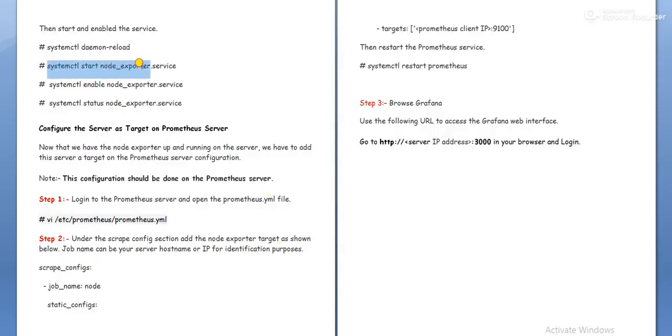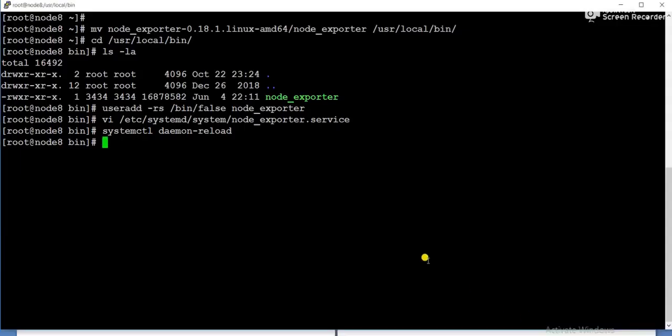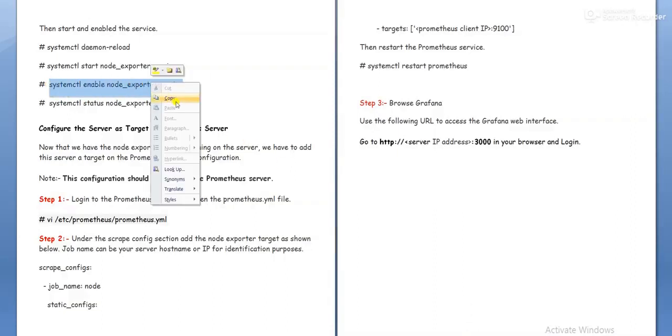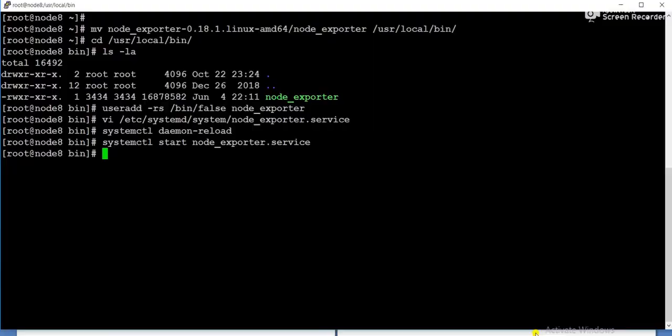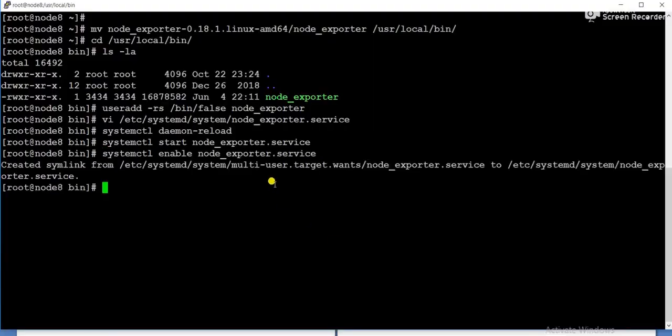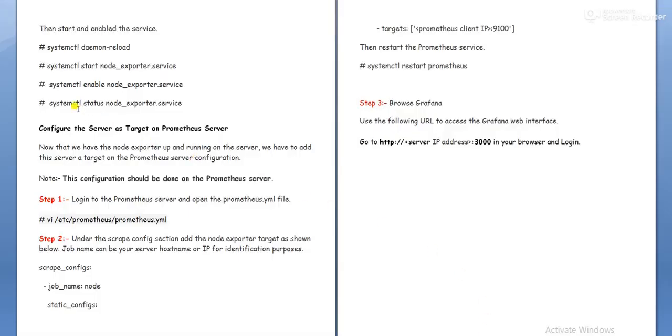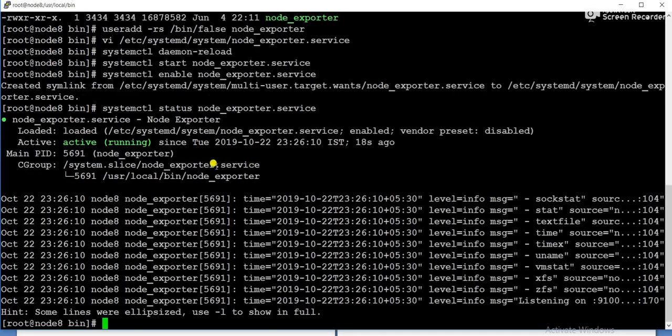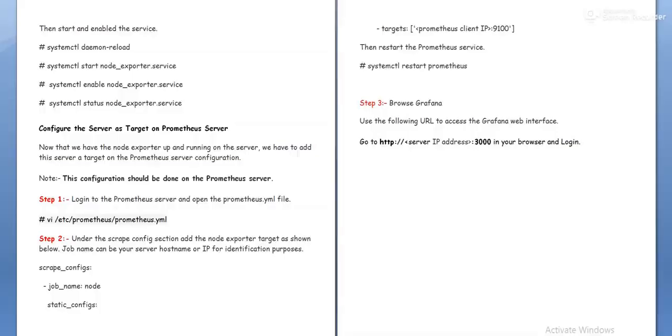Now we need to start the Node Exporter service. Started, and also we need to enable the Node Exporter service so that it will start automatically when the system boots. Now we can check the status whether it is running or not. Now you can see active and running. Okay, now it is done.